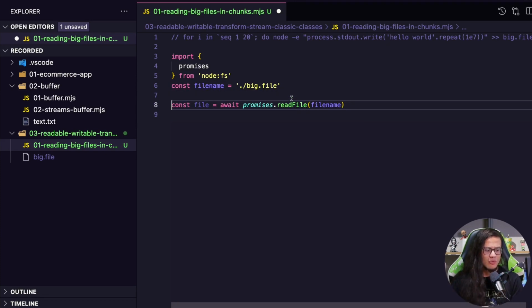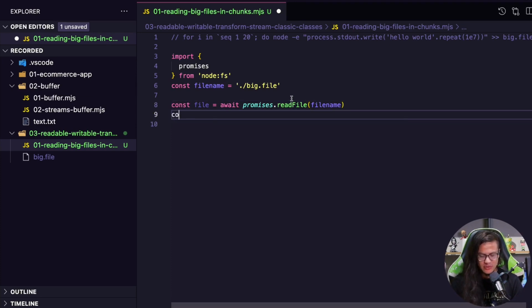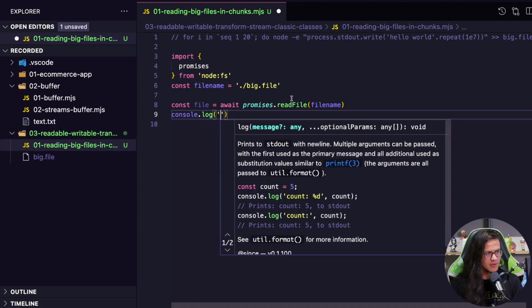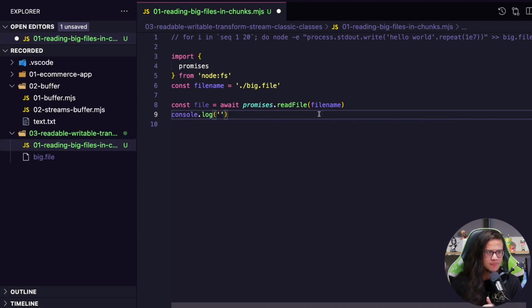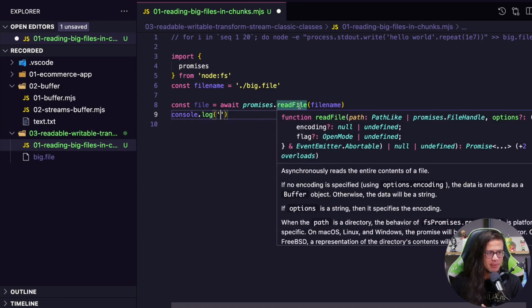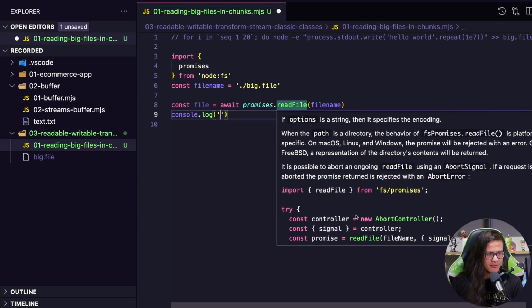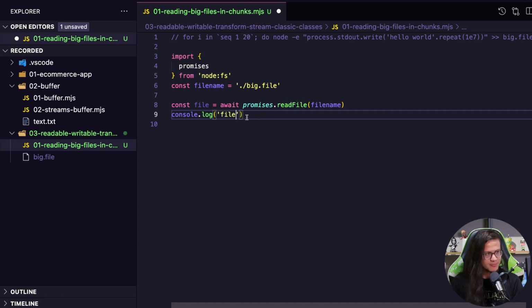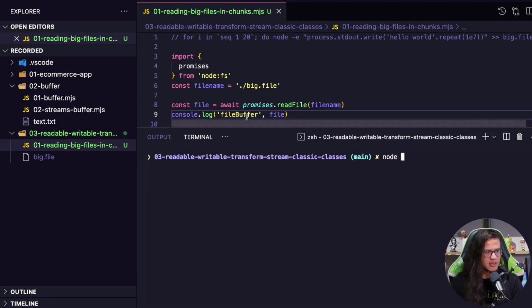Okay. Well, what's gonna happen? Do you think Node.js will crash or we will see some result? What do you think? Well, let's see in practice. First of all, we can console.log, and I will give you a spoiler: here we will have the buffer, all right? So readFile is gonna return our buffer. So file buffer, okay? If I try running this file,